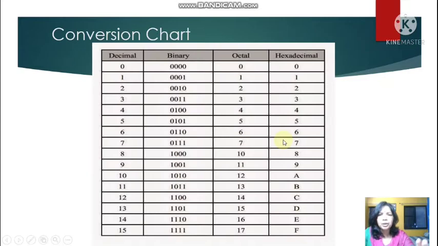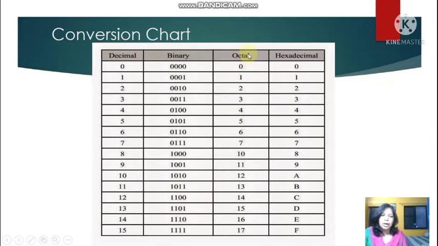Now let me show you the conversion chart. The decimal number system is the number system which we use, like 0, 1, 2, 3, 4, all these combinations we use. Now 0 is represented by this. All these combinations are there for binary. Then octal is a number system which will be shown like this. Then hexadecimal by this. Here the chart which I have downloaded, I think it is having some problem. Up to 0 to 7 only. Here, up to this only if you consider, because octal has a base of 8 only.